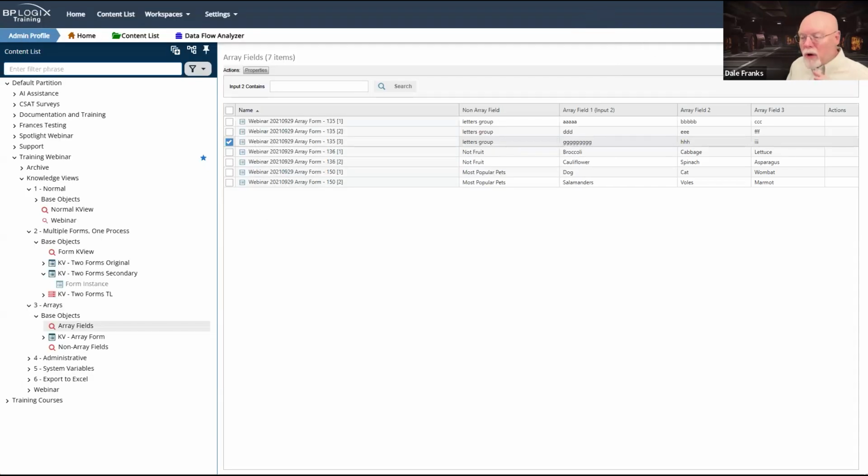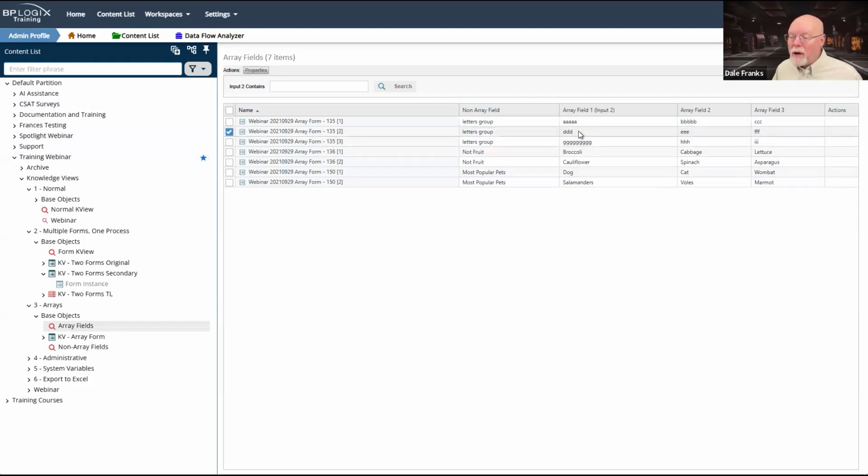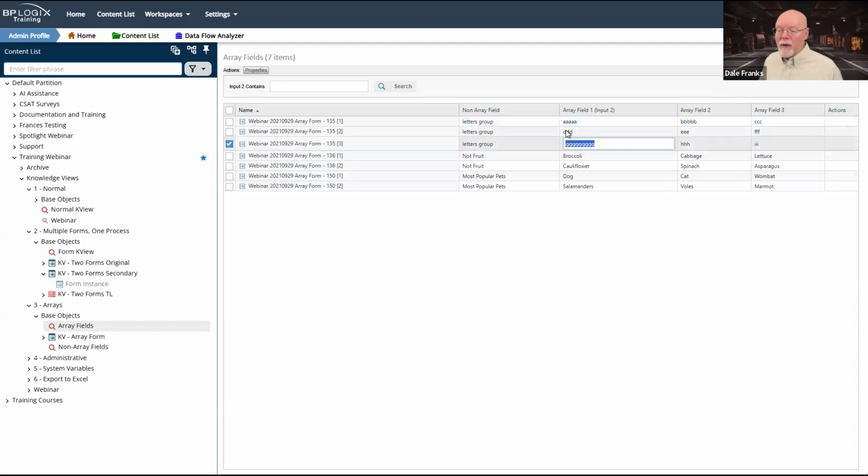the only reason that I can do this is because I am using each of the array fields as a column. This will work fine in Process Director. I didn't set these two columns as editable. I don't know why. I certainly could have. I just didn't. But I can edit both my array and non-array fields, and it works fine.